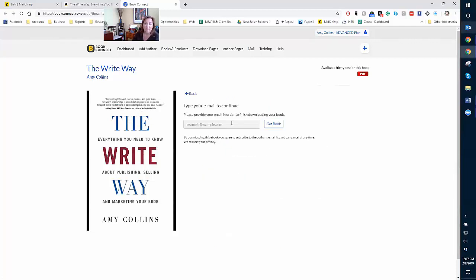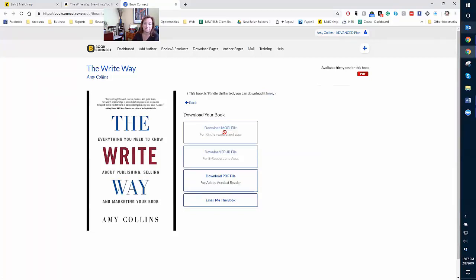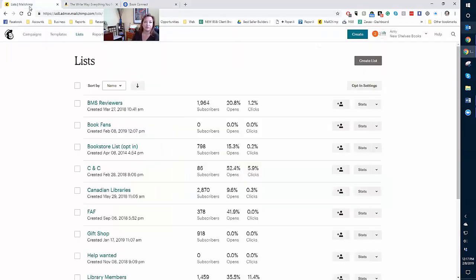And when somebody goes in, they can just download a copy of their book to a computer, to an iPhone or an iPad, to a Kindle. So let's say I want to download it to my computer. I can download a PDF, or I can email them the book. It's all automatic. If you would like to set up a page like this, or if you have a NetGalley account or a BookFunnel account, but if you've got a way for people to download your book,